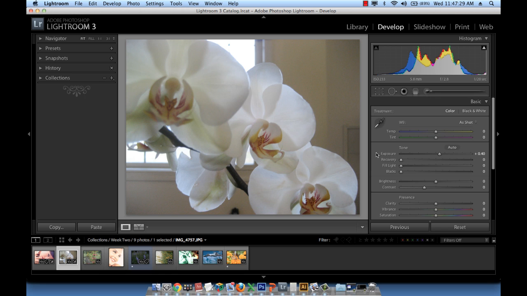So I'm obviously under the exposure, and I want to drag the slider to the right to add even more exposure, just to show you what happens, how the spike increases. So as I'm dragging the slider to the right, just watch what's happening in the highlight section of the histogram. You can see that the spike is adding even more. So by all means, you want to avoid having a spike altogether,